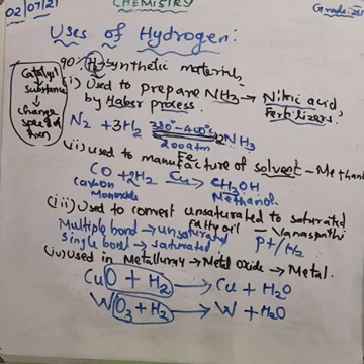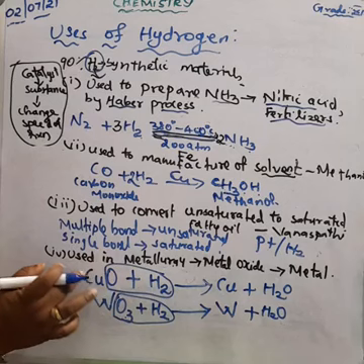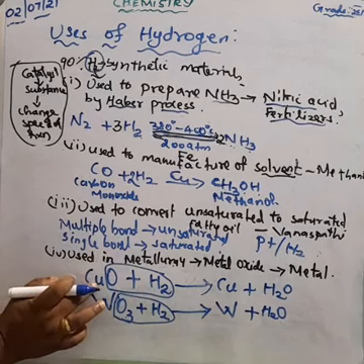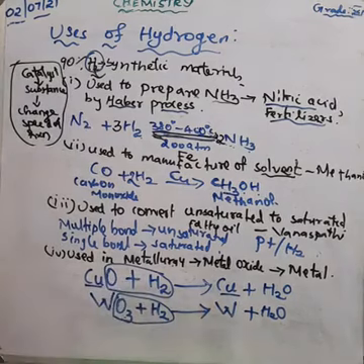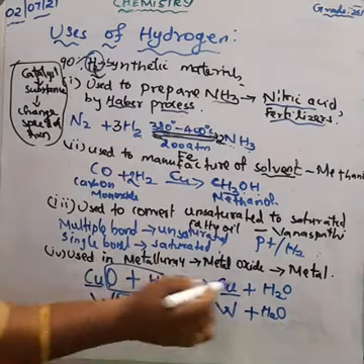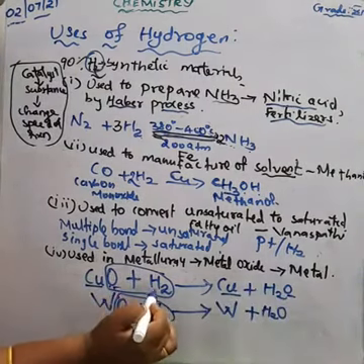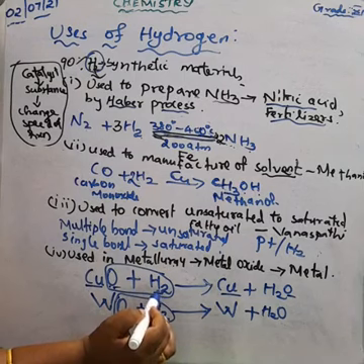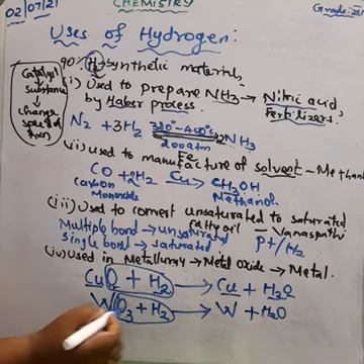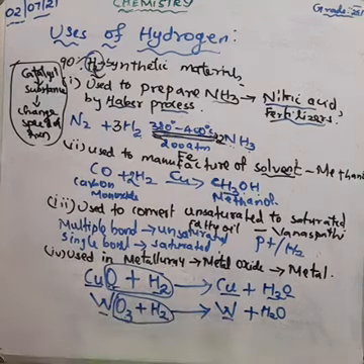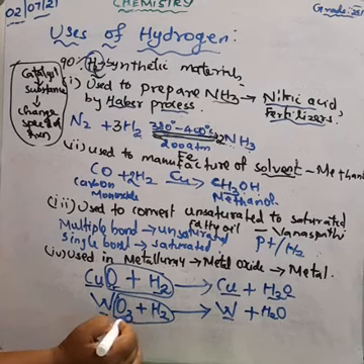Understood? We have to balance these two equations. In the first equation, here only one copper, here also only one copper. Oxygen, here one, here also one oxygen, and hydrogen here two, here also two hydrogen. So the equation is balanced. But here, the tungsten, one here, also one here. Oxygen here is three oxygen, but